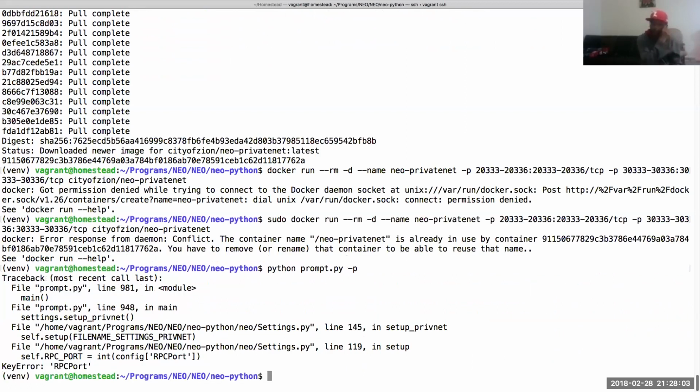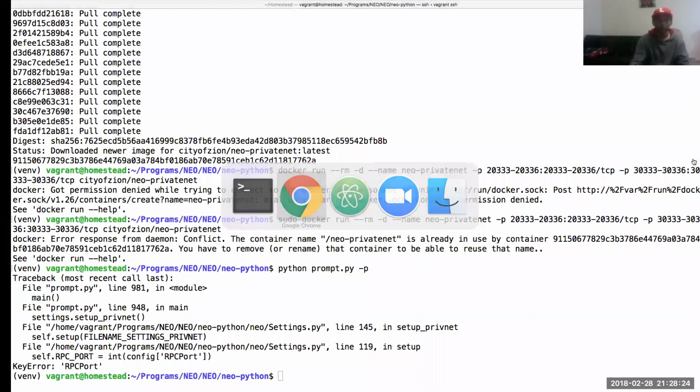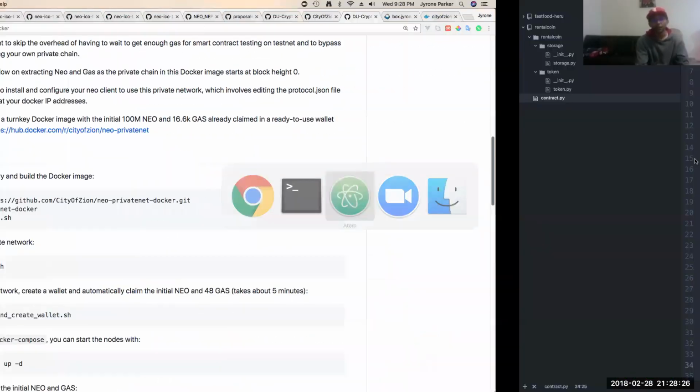What's going on? Python settings up high. Key error. All right, I don't know what's going on. I just pulled the latest version and now it's acting up. This could take forever, so I'm just gonna leave off for here. All the code is updated. I know that it works.